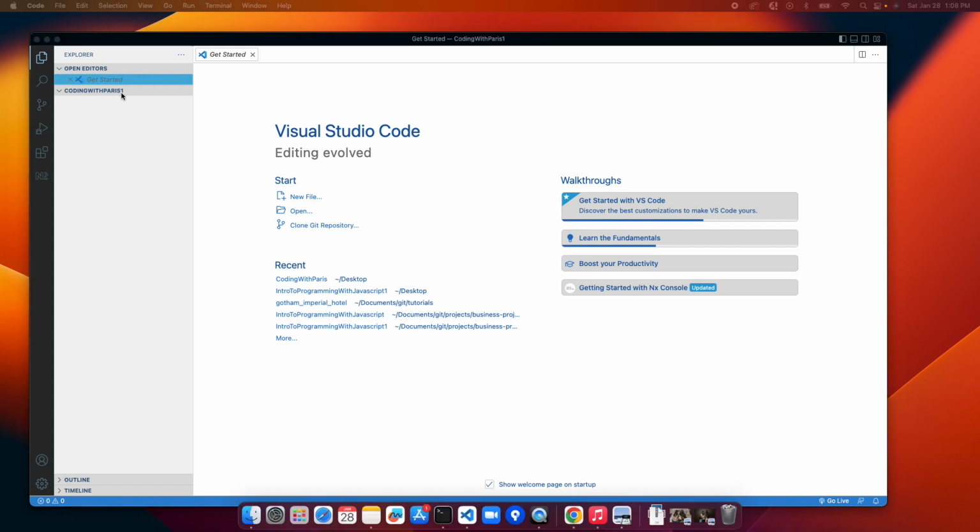Now that we've created our first folder, let's create our first file. The way you do that is you make sure that this folder is highlighted and you click the folder button. I'm going to create a folder called Lesson 1. Underneath this folder, we're going to create our first file. You can do this by first clicking on the folder, clicking on the file icon, and typing hello